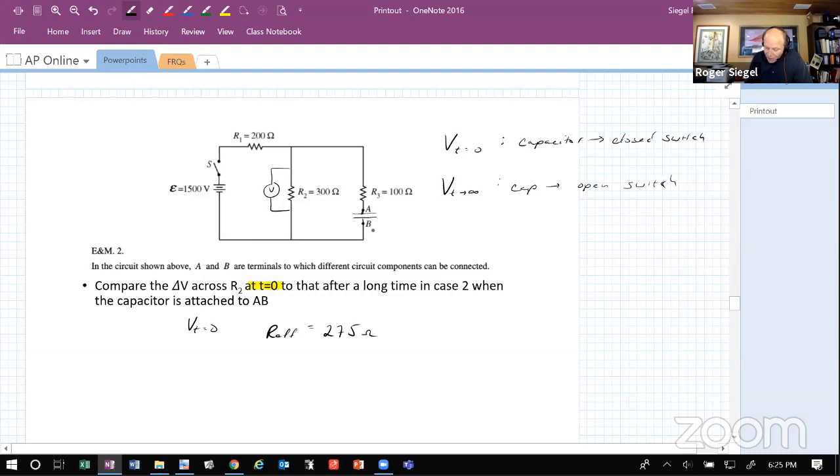That means our current in the main branch is 1500 volts over 275 ohms. Oops, sorry about that, that's in my face. And that gives me about 5.4